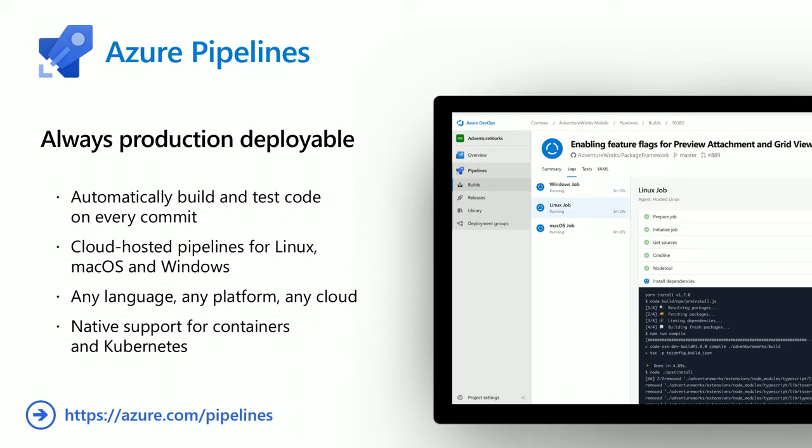For the people who didn't raise their hands, it helps you do CI, continuous integration, and continuous deployment. Obviously it helps you build and test your code very quickly, very easily. And we make available hosted build agents on Mac, Windows, and Linux that you can use to do your builds if you want. We like to say any language, any cloud, any platform, and we're going to try and prove that for you today. You'll have noticed as well that we've got more and more support coming along for Kubernetes and for deploying to Azure Container Registry and Azure Kubernetes Service.